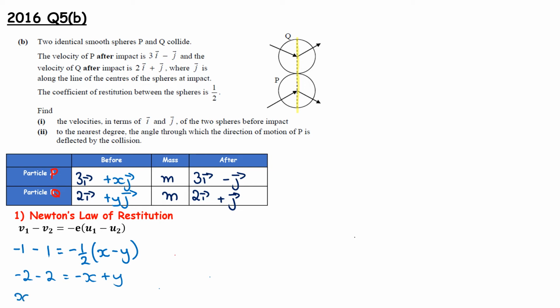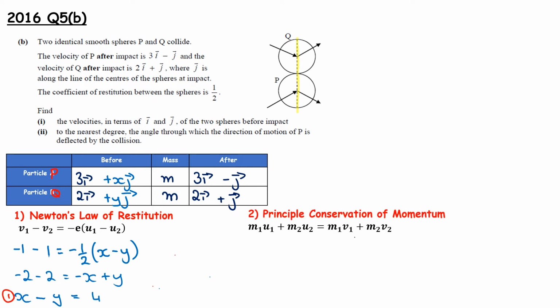So I'm going to say x minus y is equal to 4, and that is equation 1. So principle of conservation of momentum, we have m1, so we have m times u1, which is x, plus m2, which is m, u2 is y, is equal to m times v1, which is minus 1, plus m times v2, which is just 1. M's cancel out, and we have x plus y is equal to minus 1 plus 1, which is 0,